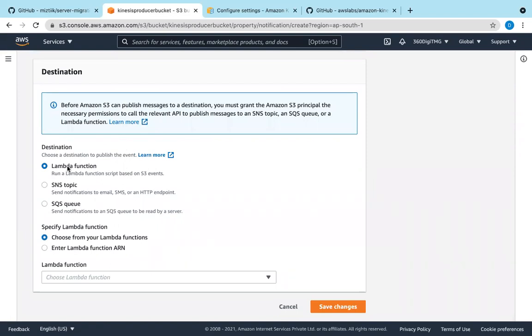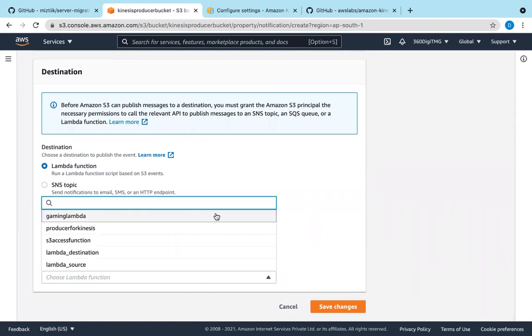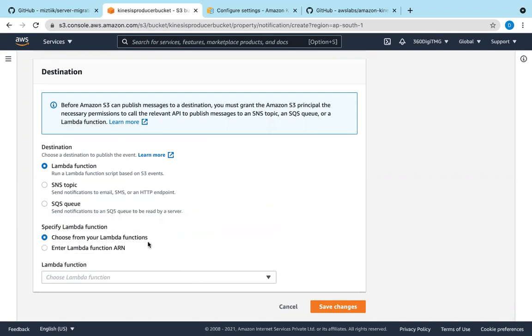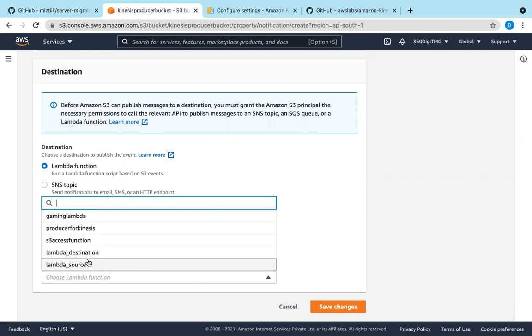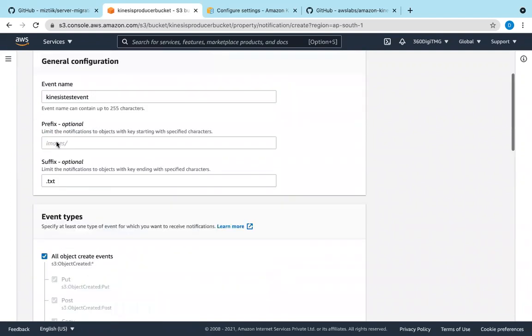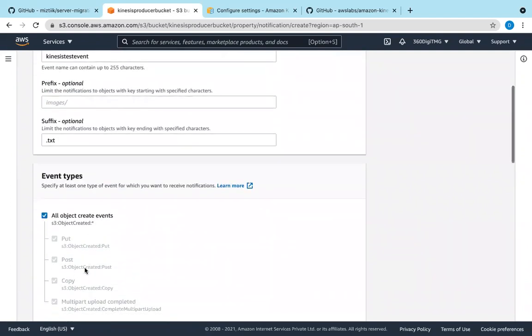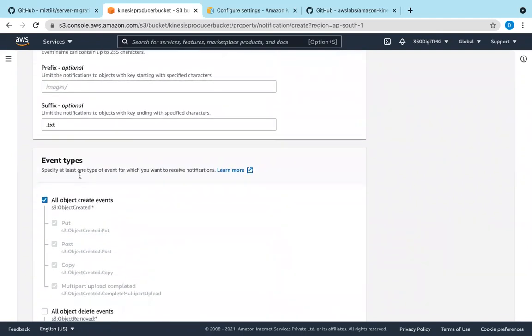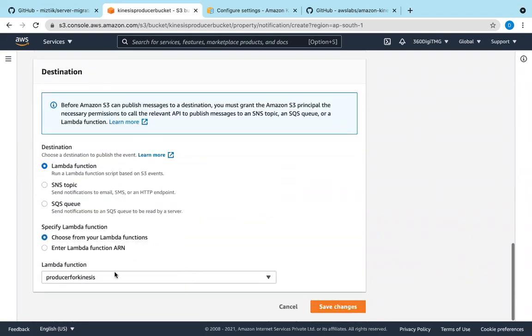We are adding a Lambda trigger here, and for that Lambda trigger, choose from your Lambda functions. We have already created it. This is producer for Kinesis. This is the source bucket or producer bucket. Save changes. When a .txt file is put, post, copy or multi-part uploaded, then we are triggering this Lambda function. Save changes.